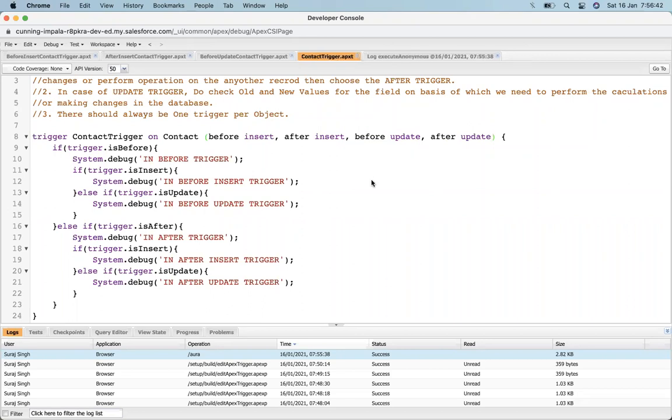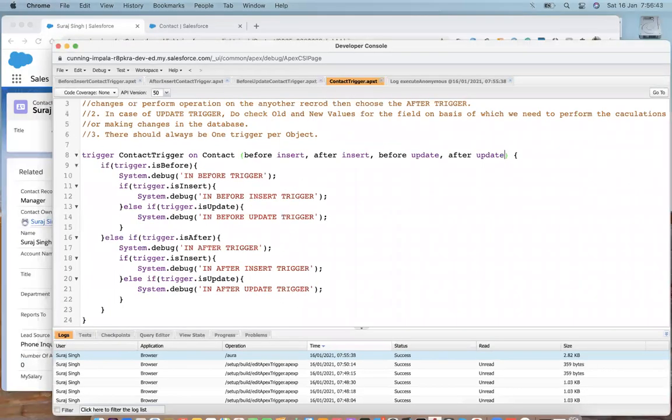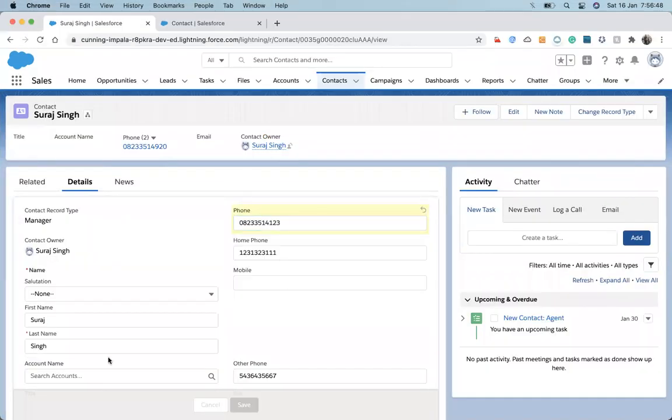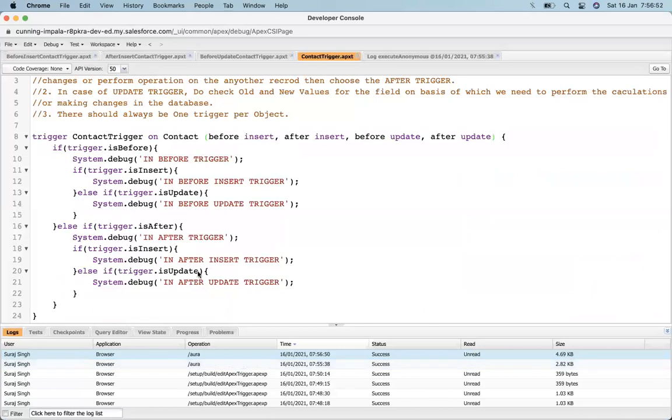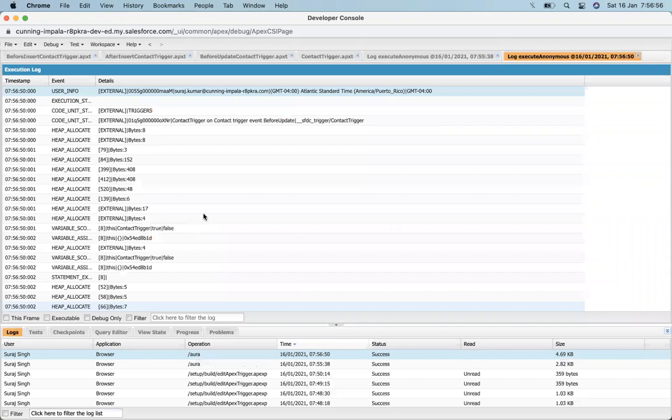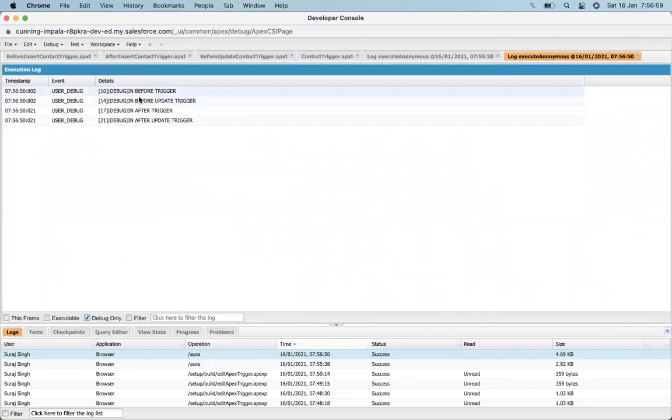It will show both before and after. Let's check: I make changes and hit save, and check the logs. Debug only. Now you can see that first the before trigger runs, then it goes into the before update, then it goes to the after trigger, and then it shows the after update trigger.